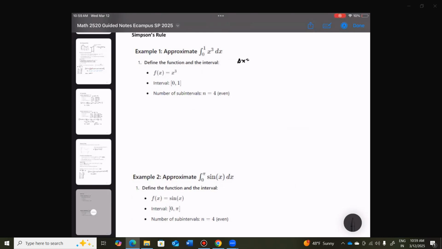Delta x is going to be 1 minus 0 over 4, so 0.25. So x sub 0 is 0, x sub 1 is 0.25, x sub 2 is 0.5, x sub 3 is 0.75, and x sub 4 is 1. And these are the x sub i's. F of x sub i's, we get 0 cubed is 0, 0.25 cubed,